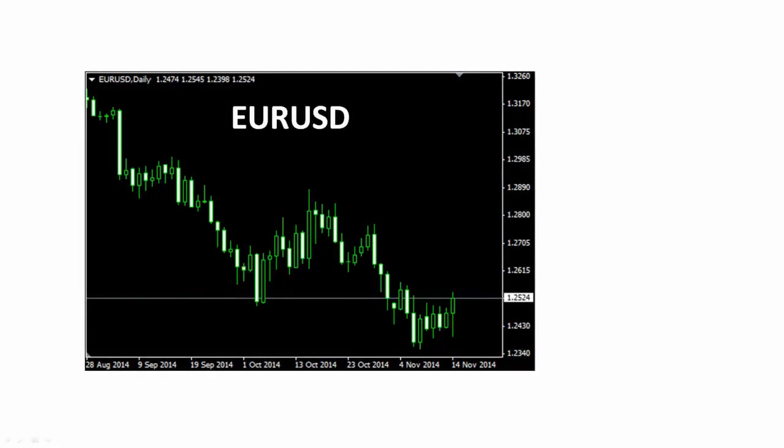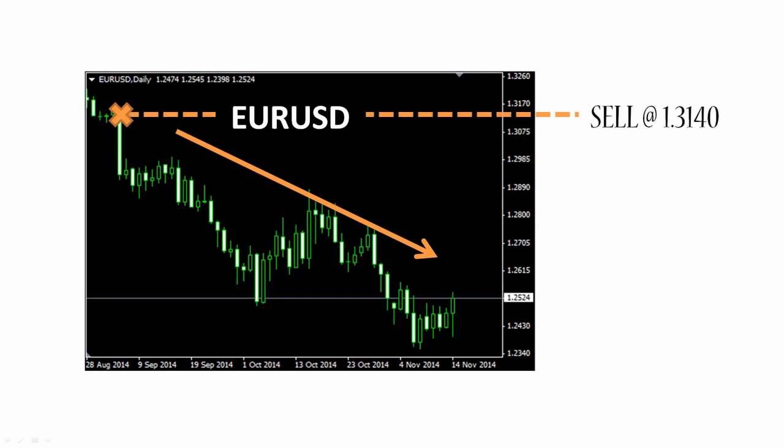So here's a chart, and how would a bearish type of trader profit from this downward trend? Well, there's a trend, and a bearish trader would enter somewhere over there where we see the X on the top left. He would sell at about 1.3140, and as we recall, that means that every 1 euro is worth 1.3140 US dollars, and then he would close the transaction at about 1.2480, meaning that in that point in time, every euro is worth only